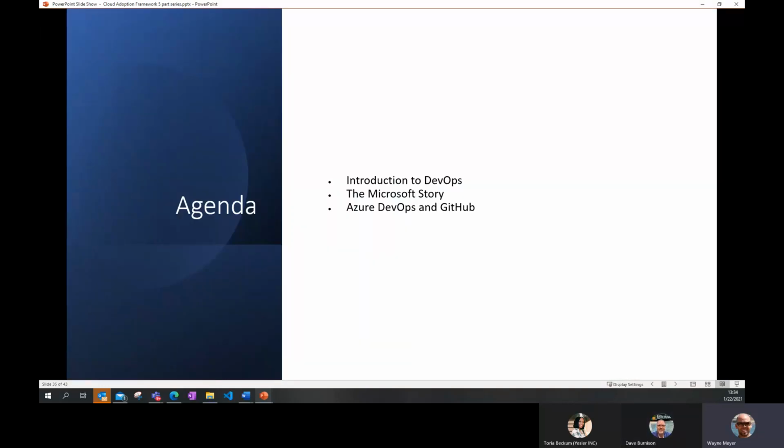And I trust I haven't made a mess of any of the language. So Dave, keep me true at any point here. Yep, absolutely. We'll talk to the introduction of DevOps. Just what is DevOps? For many of us, we know it. I want to make sure that we bring a lot of those folk who are new to this topic on this journey.